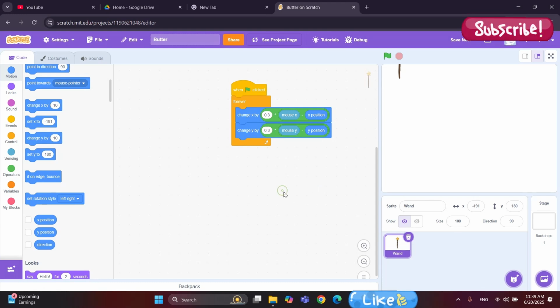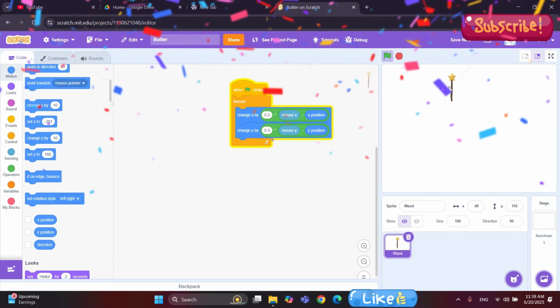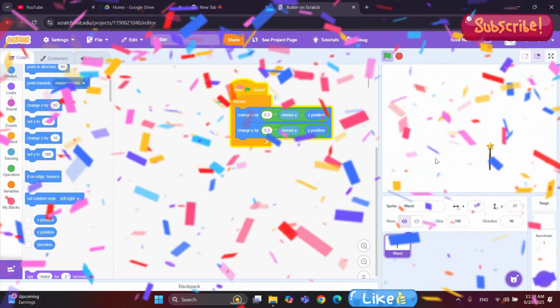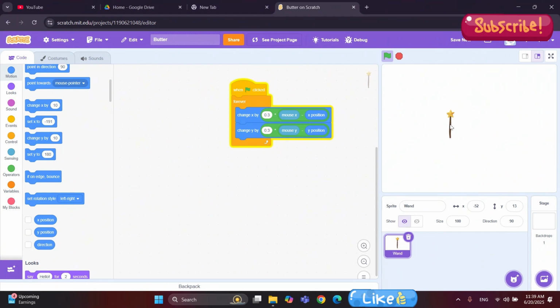And that's it. Next we just click on the green flag and look at the magic here. Look how smooth the motion has become. And it's time to do the magic. So if we click the mouse down, then it needs to do some magic. For that,